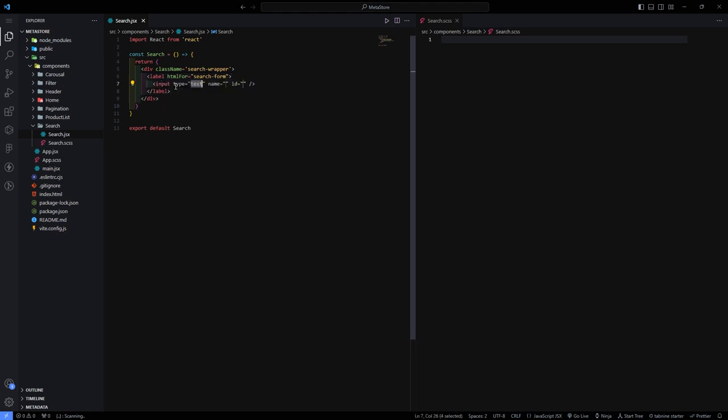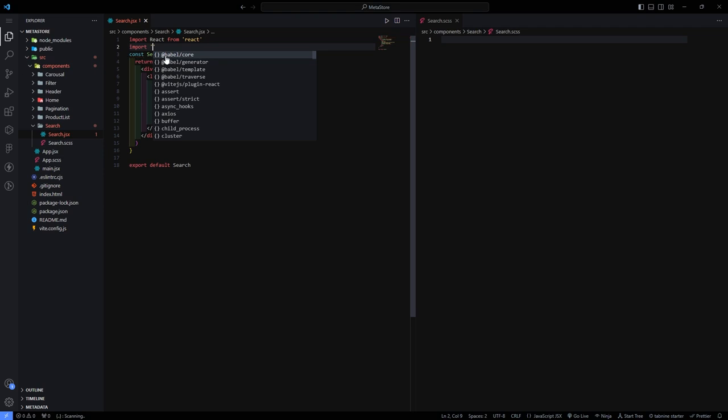We have input, type is text, name is search form, and ID is search form, and the class name is search input. The placeholder is search here. Okay, and after this just import the search CSS